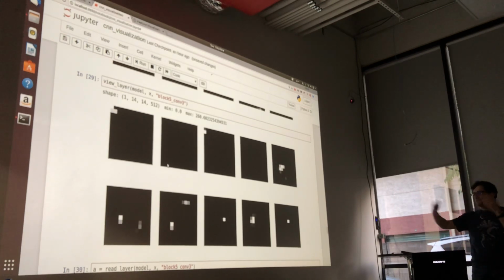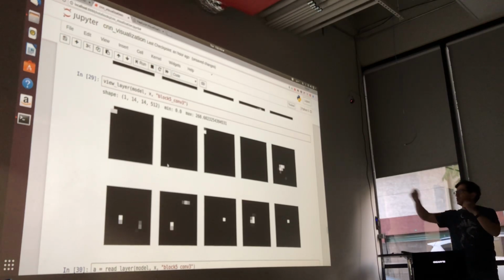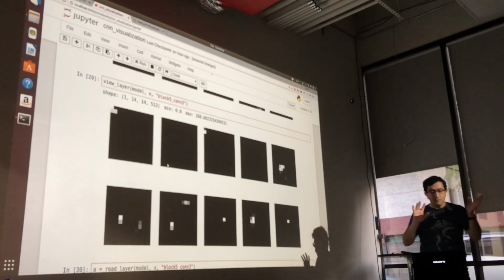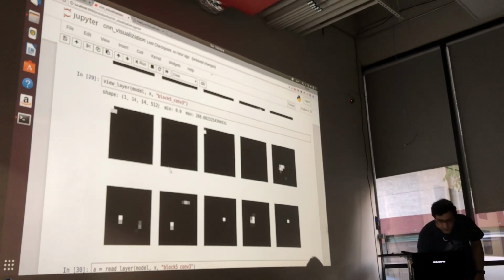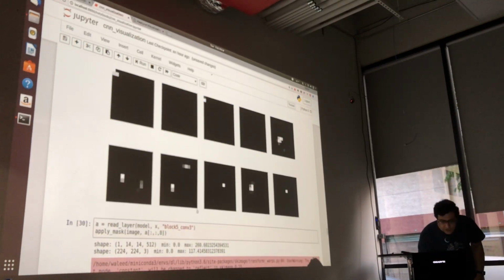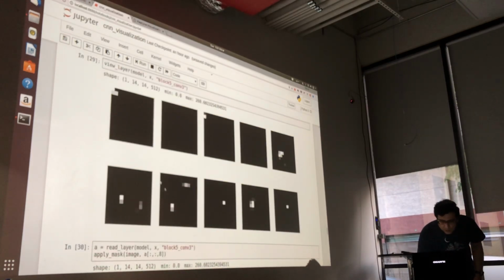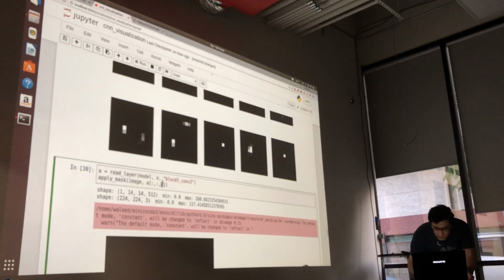At this point, we lost almost all the spatial information, and we're looking at, at each location, one of 512 values that tell us something that the network has found. So here what I'm trying to do is, let me pick one of these. Let's pick number 0. So what I'm doing here is